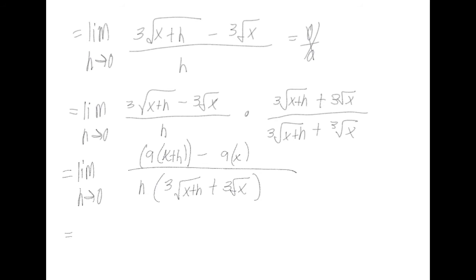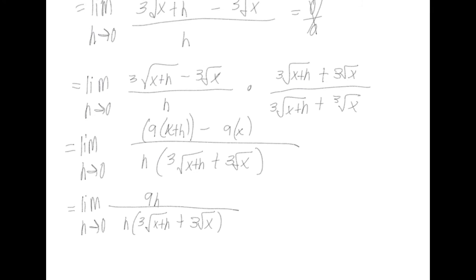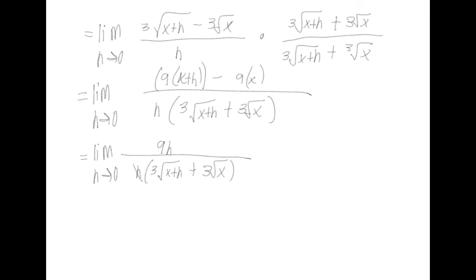So moving forward, I get, in the numerator, the 9x and 9x cancel. I'm left with 9h all over h times 3 square roots of x plus h plus 3 square roots of x. And the h's cancel. And now I'm ready to directly substitute and say 9 over 3 square roots of x